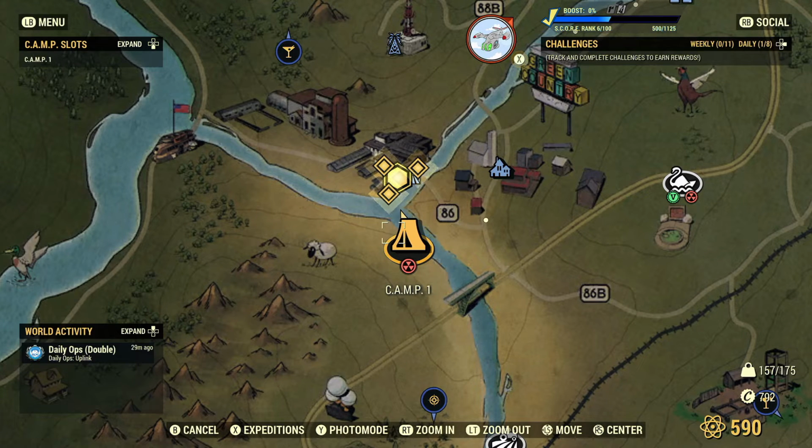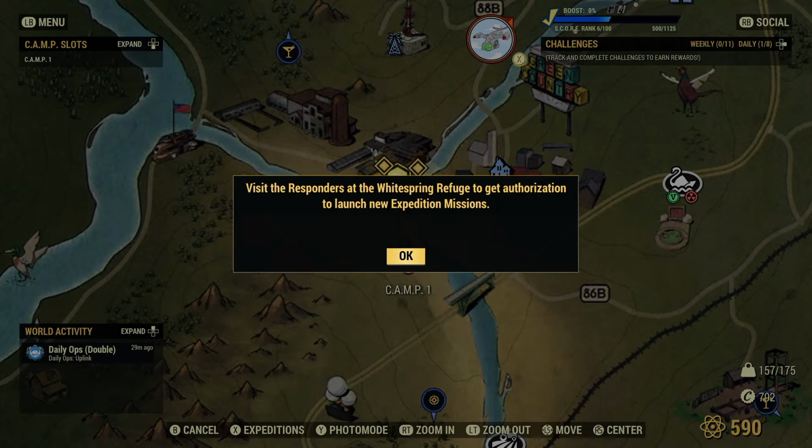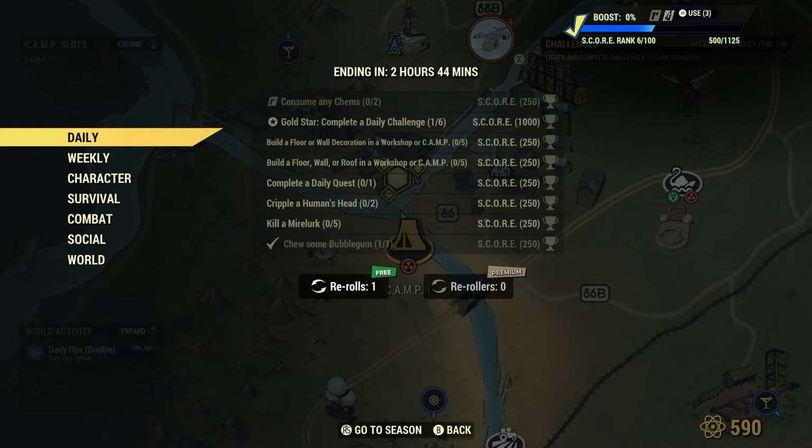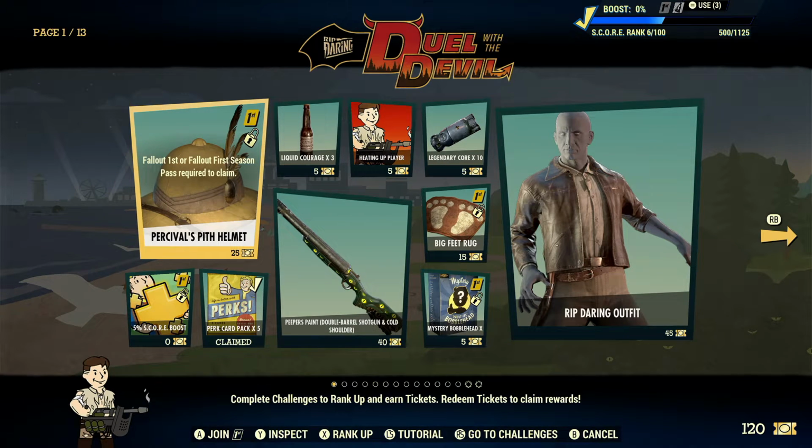And the big thing is if you hit X to bring up and track the challenges. Oh, hang on, that's the wrong thing here. Go to season, that's what I was looking for. So the reason you would want to participate in dailies and weeklies is getting the tickets, which then have you participate in this, which is part of the seasonal stuff. And you can spend